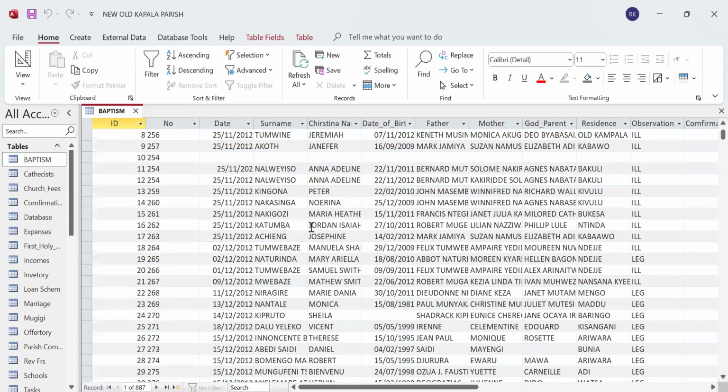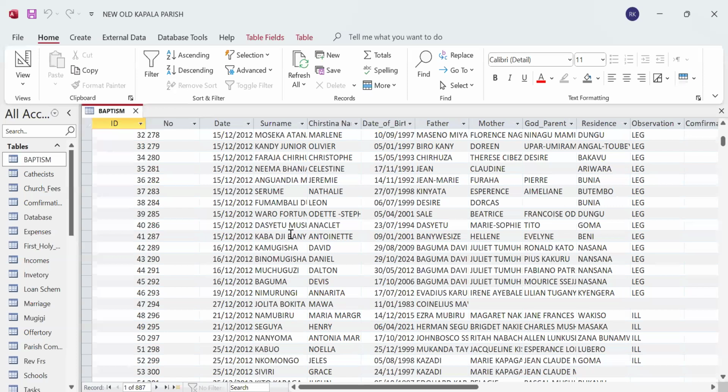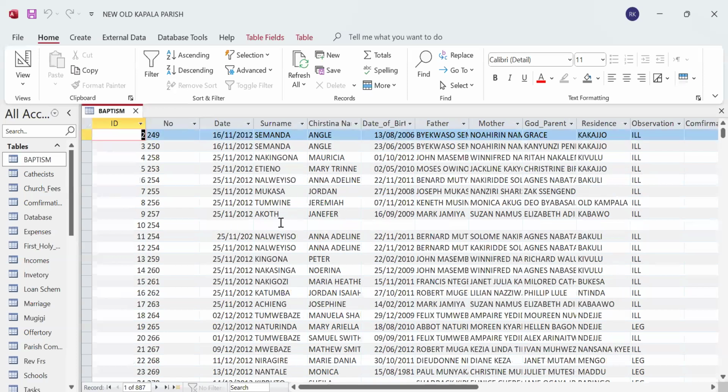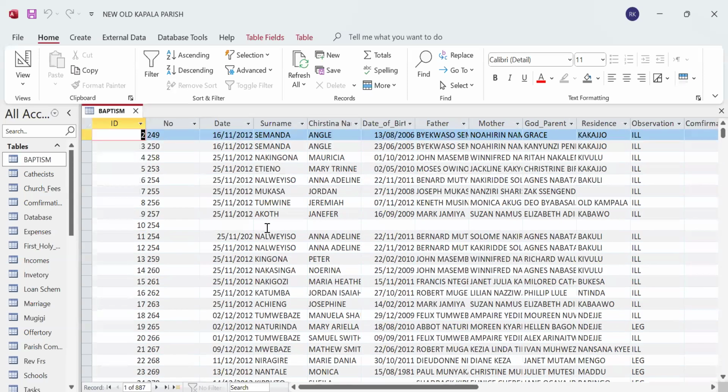A query is used to retrieve data from a database. As you can see, this database has a lot of data. But we may want to retrieve some data from it. So, for example, this table for baptism. This is a table for baptism. We want to filter out baptism depending on certain criteria. So to do the filters or the queries,